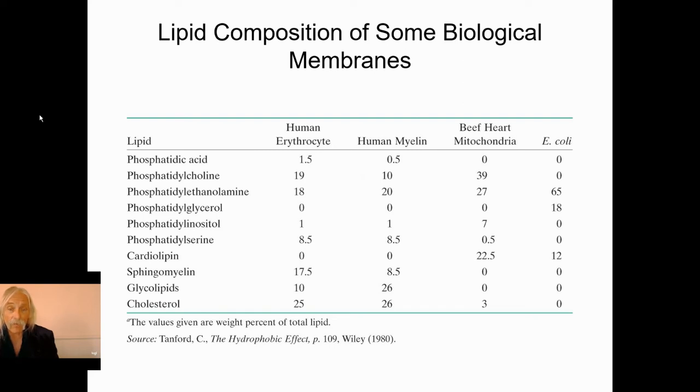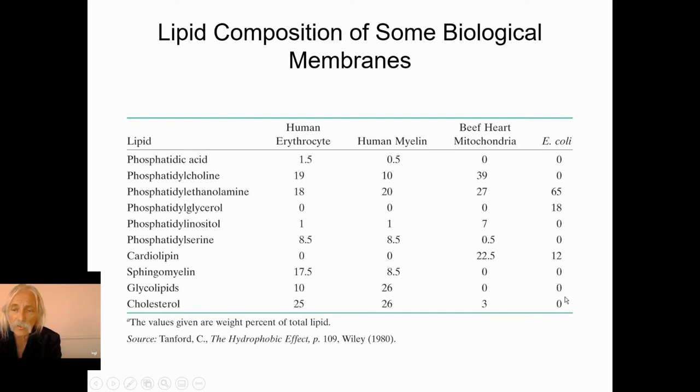Now look at the disparity there relative to, say, sphingomyelin. Sphingomyelin, about 17.5 molar equivalent in the erythrocyte, only 8.5 in the so-called described axonal myelinated sheaths in neural bundles, right? So you actually have more sphingomyelin in the erythrocyte than you do in myelinated neurons, right? But that's where they were first described. Then you can look at different glycolipid concentrations, that is molar equivalents, I should say, and different cholesterol concentration.